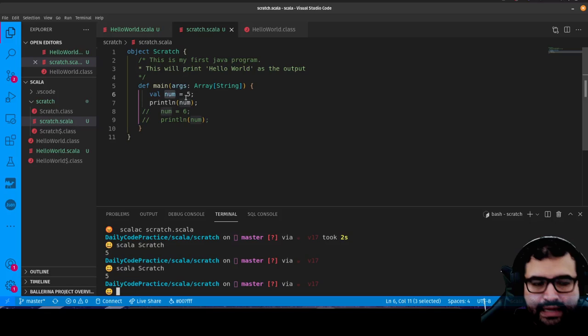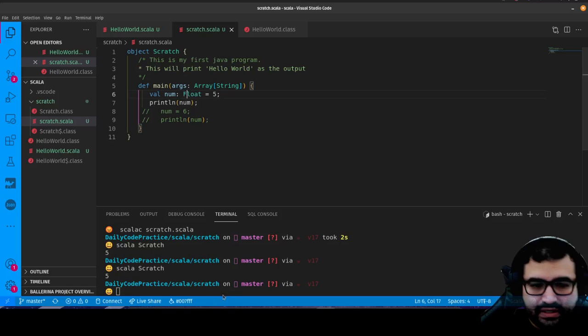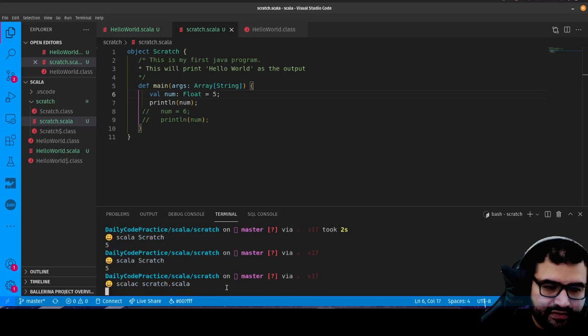5. Now there are certain situations where you want to definitely be explicit even though you're assigning it a value. So for example, maybe I'm assigning it the number 5, but I really want it to be a float. So let's see here. If I do that, and I think I have to do that as a float. And now let me just try this again. Let's compile it.